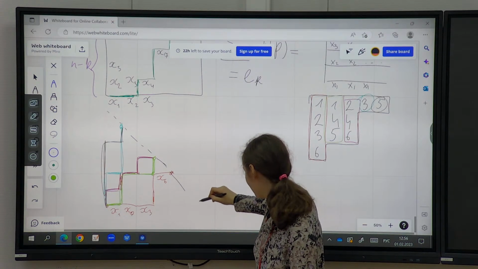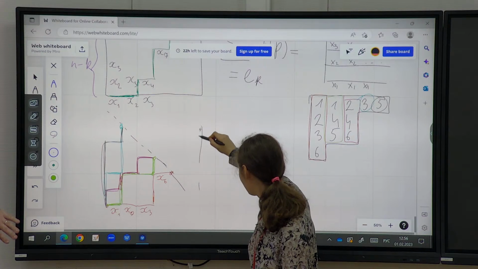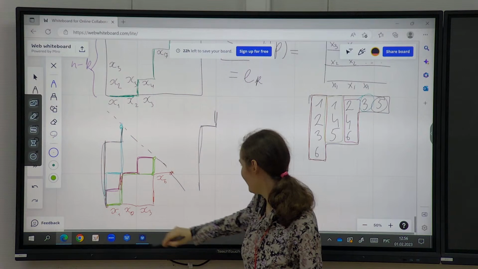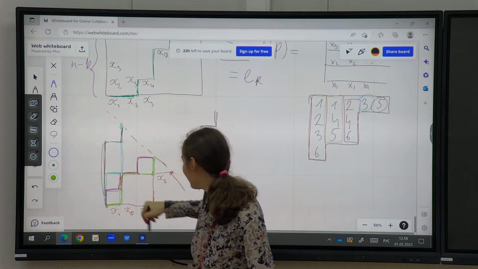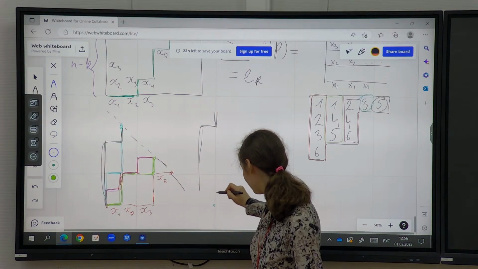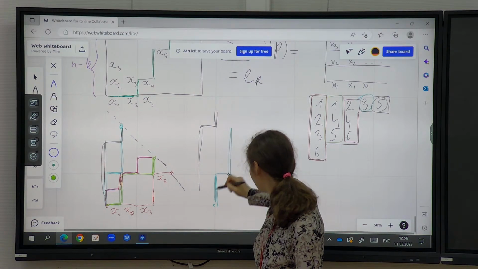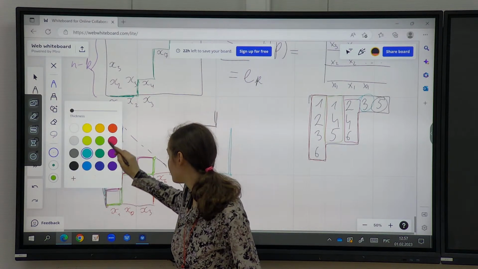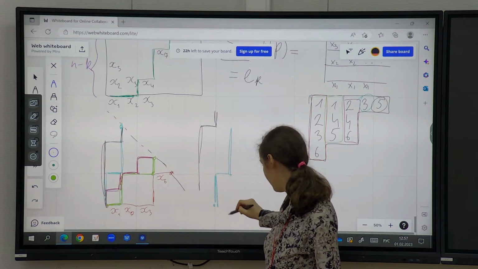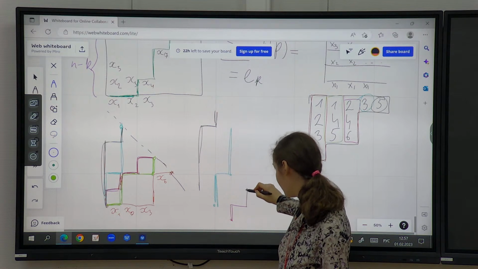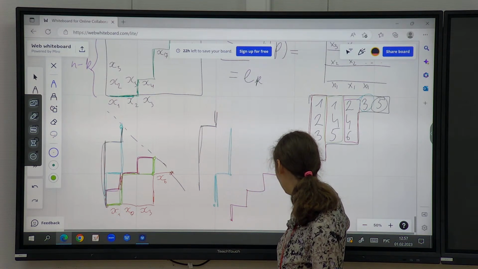So shift each of them like so. It will be the gray one, the blue one, and the pink one. It goes one up, one right, one up, one right, one up, one right,